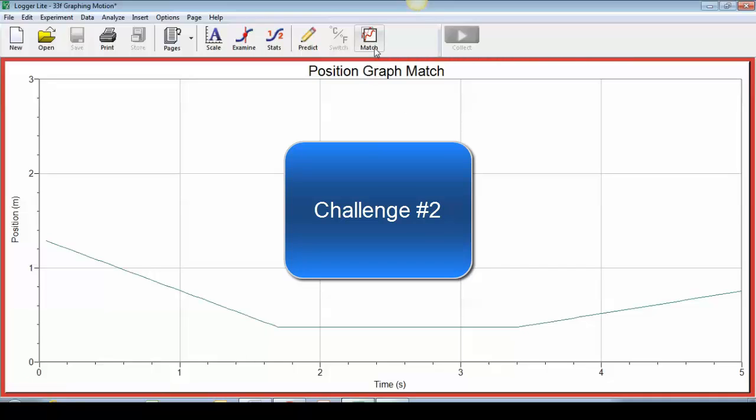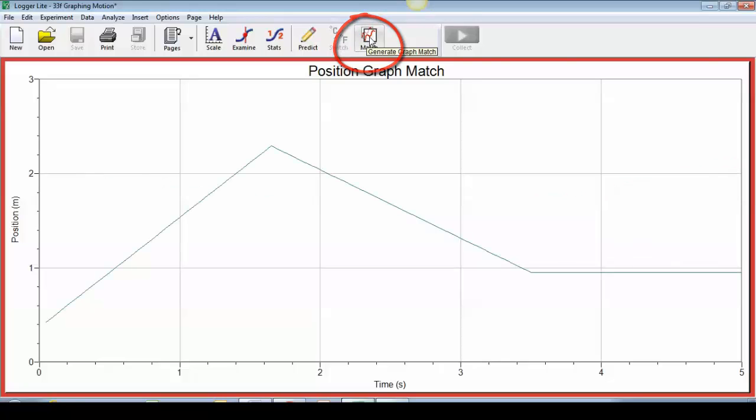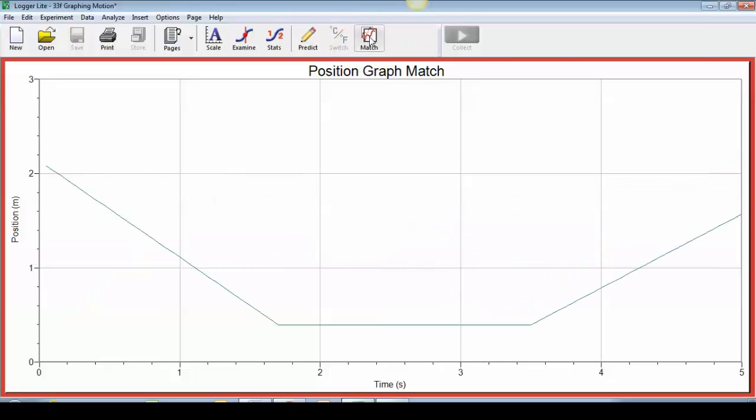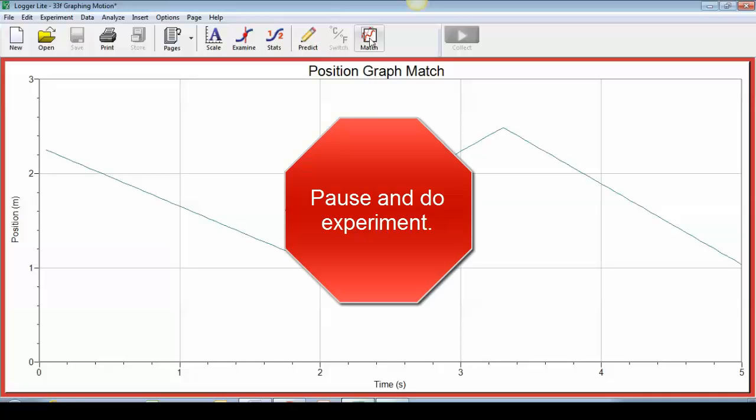Challenge number 2, I want you to choose the next graph. The next one that I want you to do looks like this right here. So this is the one I want you guys to do next. Feel free to try to find it. And again, pause once you have it so that you can try to accomplish this challenge,